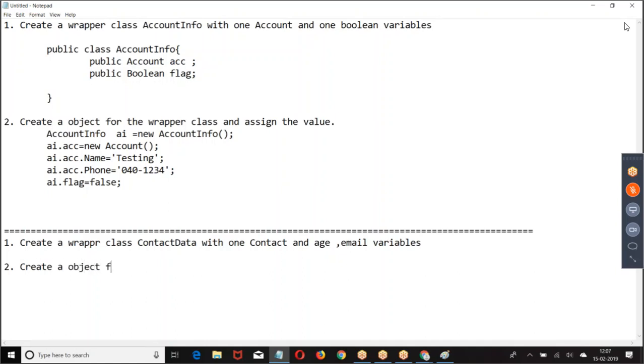Create a object for the wrapper. Complete the second example. Any queries from your end on the first? Anybody has any query on the first example? Everyone has followed? Please do not copy. If you not follow, let me know. I can take a couple of examples. Don't copy. Make an attempt of writing.